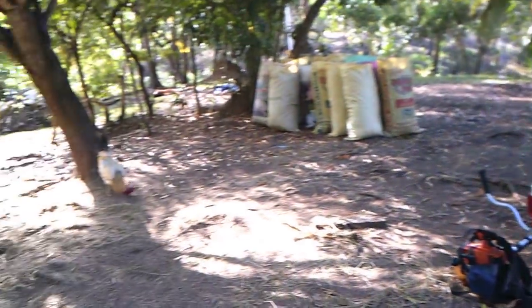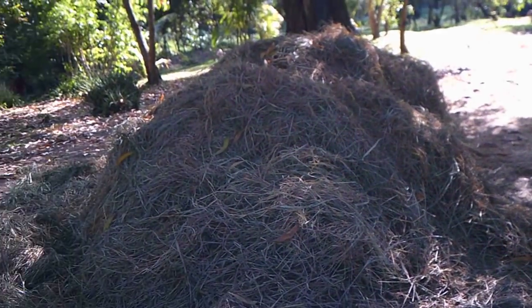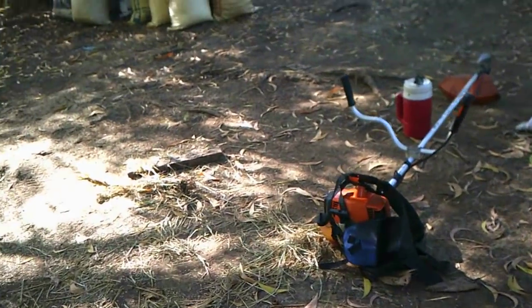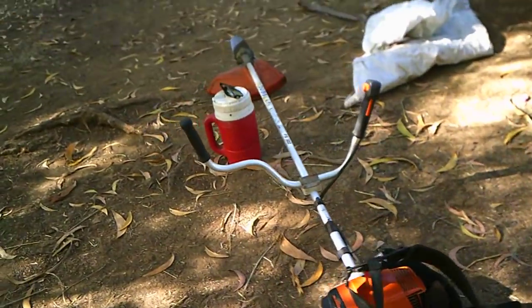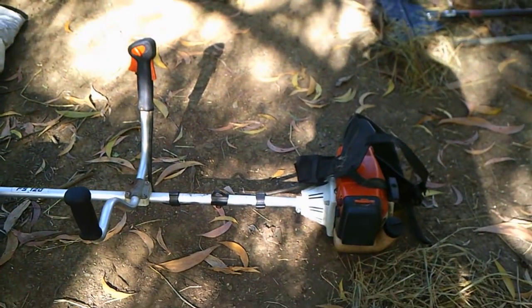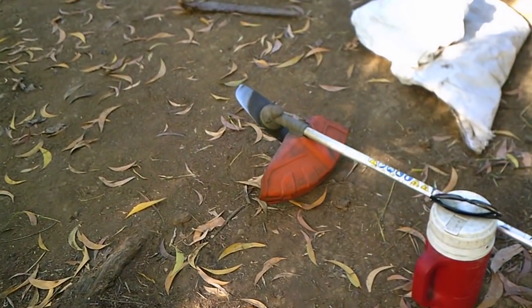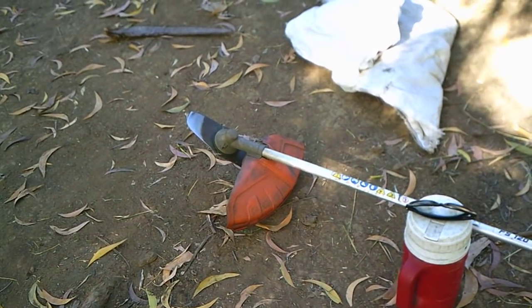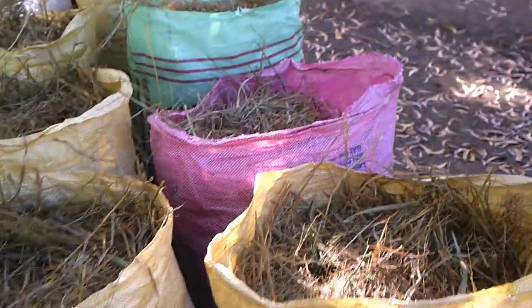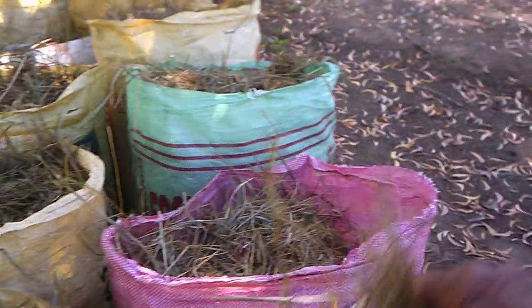What you're looking at here, Doro's been cutting up the rice hay, and we use my steel cutter here with a metal blade in order to do that. I haven't got a shredder, which would be the ideal thing to have. So I just used the cutter, and I've always used a metal blade on it, and it chops up the rice hay pretty good. And we wind up with this right here. If you want to take a look,